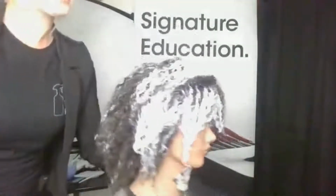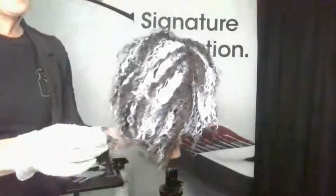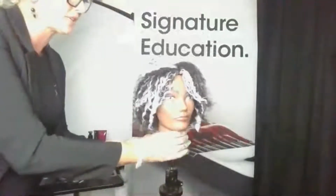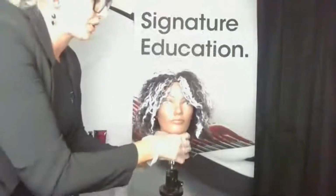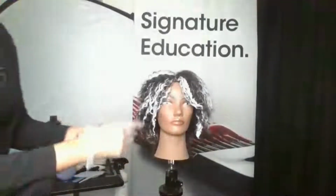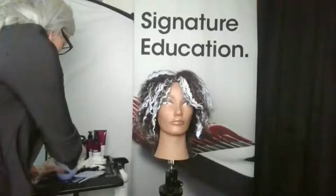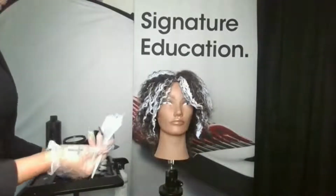So now you can see that was probably maybe 13 sections as well. So the whole entire head with 2 different techniques was a total of 26 sections, which was super, super easy to do. And the results are going to be completely different on each side, obviously, due to the formation. But one thing I like to finalize with anytime I'm doing the lightening